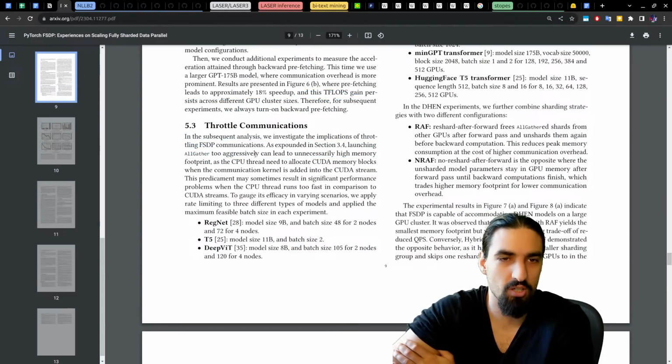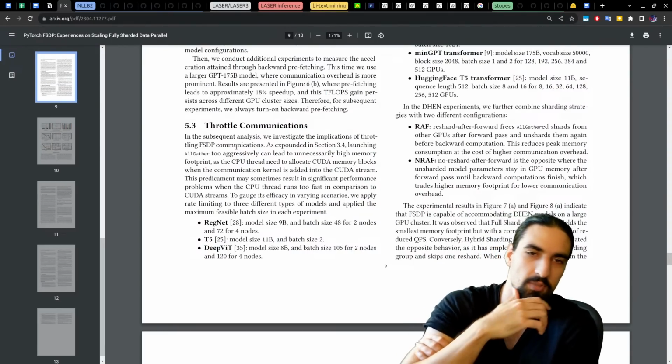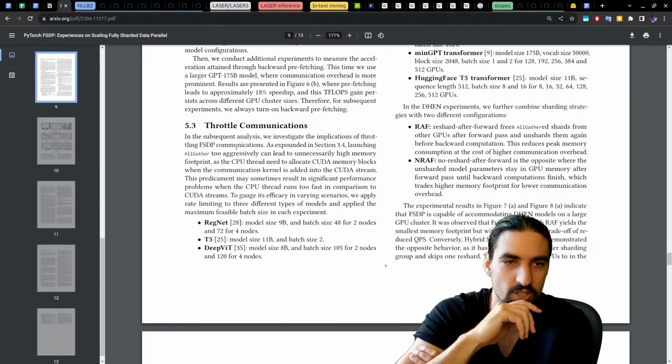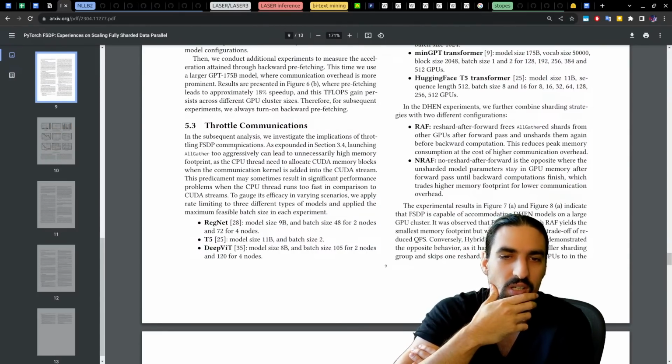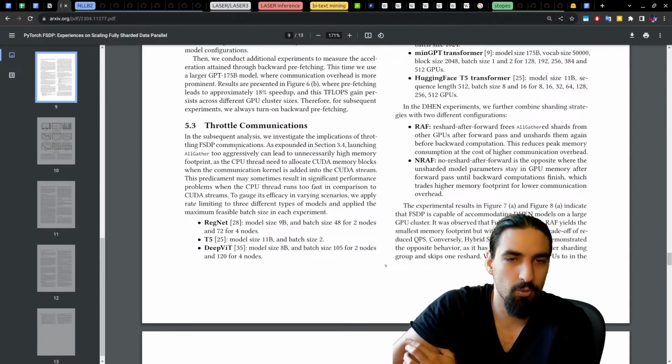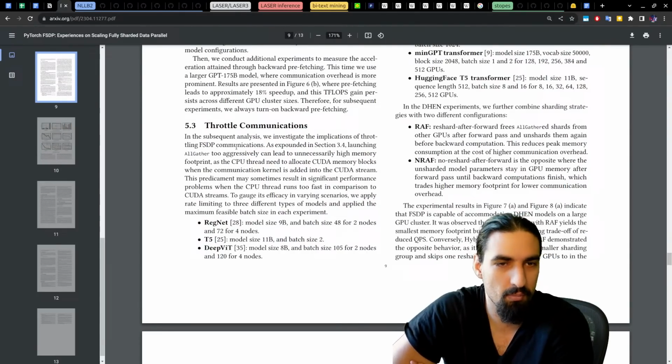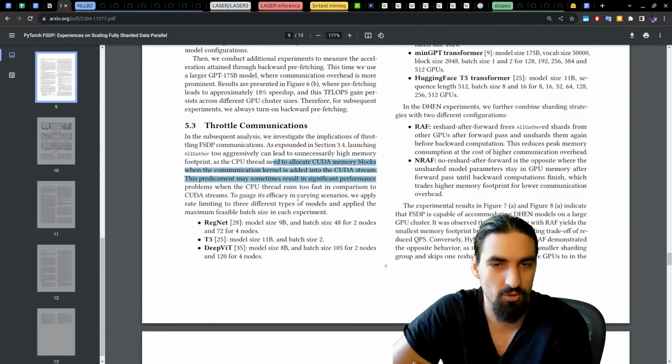Throttle communications. In the subsequent analysis, we investigate the implications of throttling FSDP communications. Launching altogether too aggressively can lead to unnecessarily high memory footprint, as the CPU thread needs to allocate CUDA memory blocks when the communication kernel is added into the CUDA stream. This predicament may sometimes result in significant performance problems when the CPU thread runs too fast in comparison to CUDA streams.